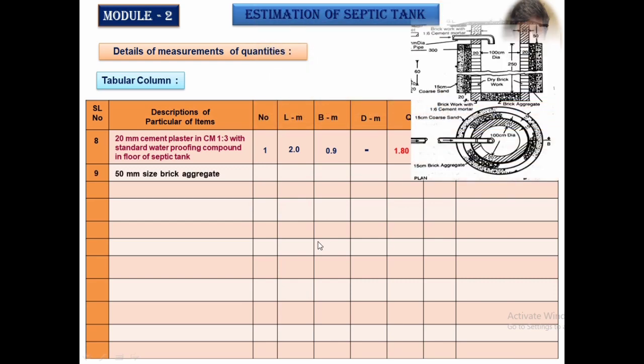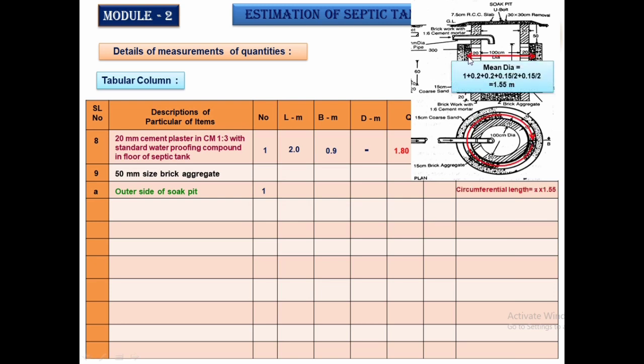The next one we are going to calculate is the brick bats of 50 mm size provided all around this dry brick. This is a dry brick here. Beside that, on the outer side, we are provided with the brick aggregates, which have a thickness of 15 centimeter all round. So once again we are going to calculate the circumferential length. For that we need the mean diameter. The mean diameter, as I said earlier, is the center to center distance of that particular item. So center to center is